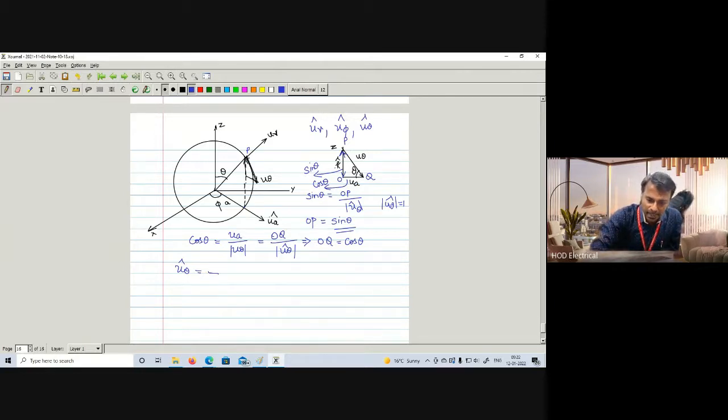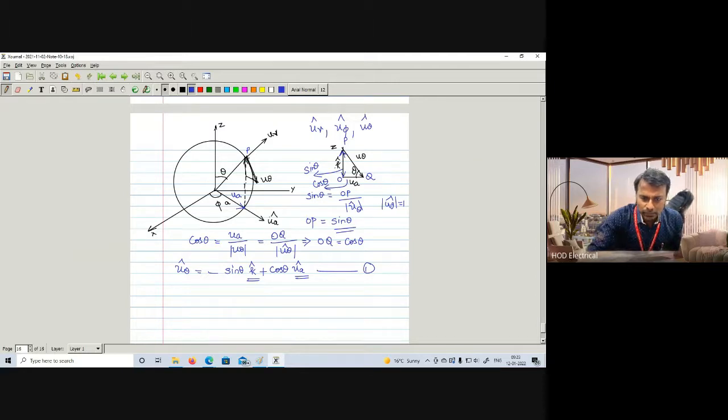Therefore I can write minus sine theta into k gap plus cos theta into UA gap. So this is what we have come to know how to write it. Then if that point is here, now we want to know what is UA. Then only we can write this u theta in terms of i, j and k. Already we have the k variable, but we have to change this UA. So what is this UA?